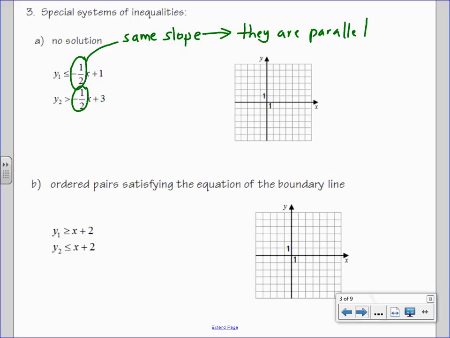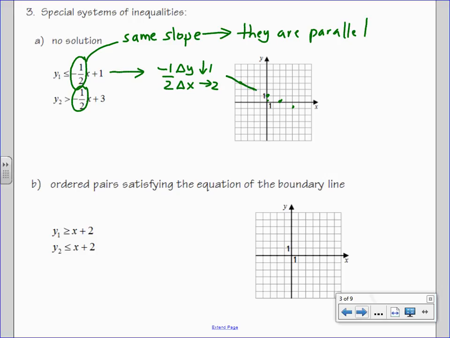So what it's going to look like, if you look at the first one, y1, I'm going to start at my initial value 1. Then my rate of change is minus 1 over 2. That's the variation of my y over the variation of the x. So that means you have to go down 1, forward 2. So starting from there, down 1, forward 2. Here, down 1, forward 2. And so on. And it's smaller or equal to